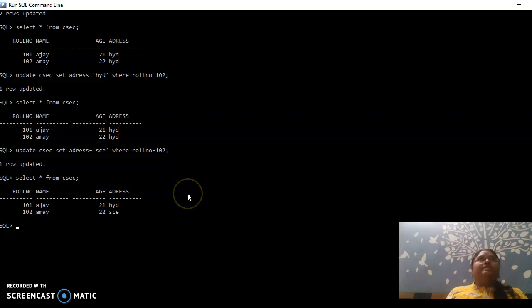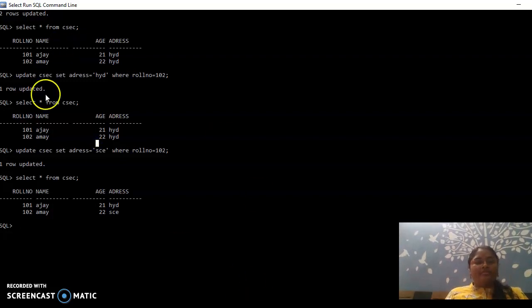So we have seen how to create a table, insert, then alter, update, how we have added a primary key, how we have added one column, and how we have added values in it. Finally I want to drop the table completely.